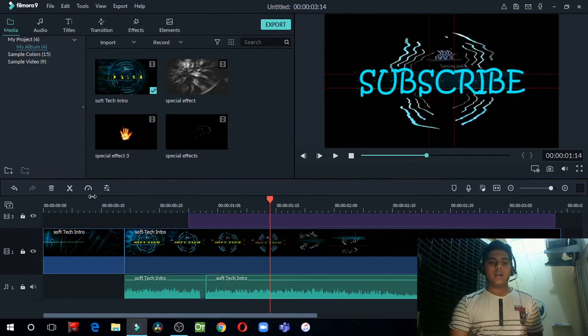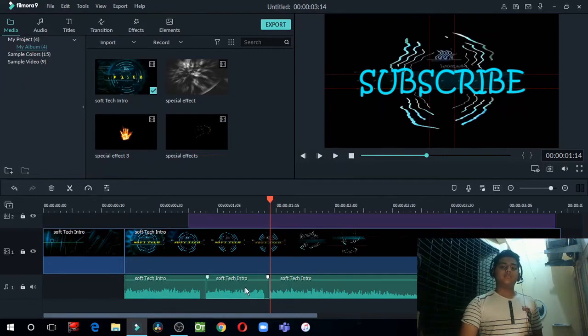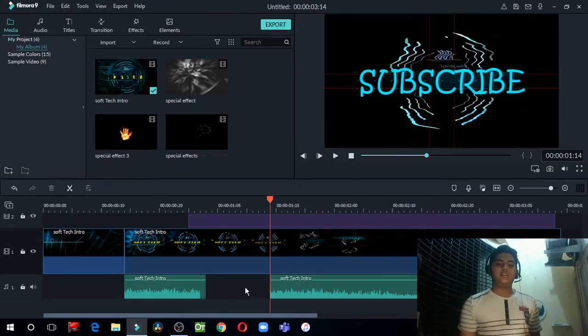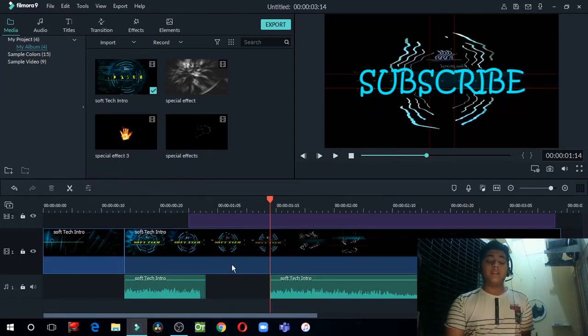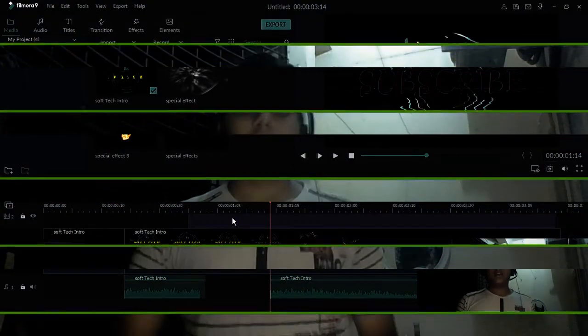Again click this cut option. Now you can see that this clip is separate, this clip is separate and this clip is separate. So now I can simply select this and hit delete. Now you can see that there is no audio here, but there is audio here and here. So that's how simply you can remove the audio from a video in Filmora 9.